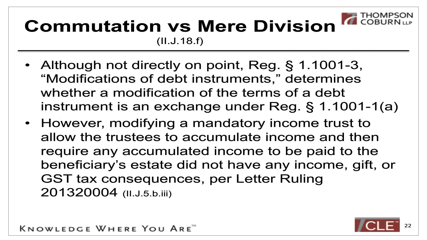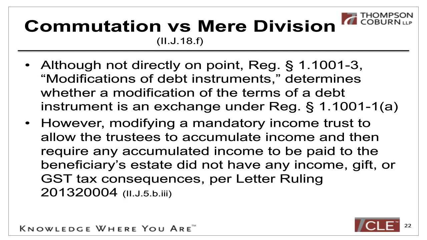Although not directly on point, I would look to maybe the modification of debt instruments, because debt is a fixed series of payments. So if you have a trust interest that has a fixed series of payments, when is there a material change to that? I might analogize to the debt. There's no law that says you could do that. What I'm saying is there's no real law that you can rely on to quantify this stuff. So I'm just trying to draw an analogy, and maybe you can look somewhere else so you can draw an analogy too. We're grasping at straws here, but at least you can look at something analogous.